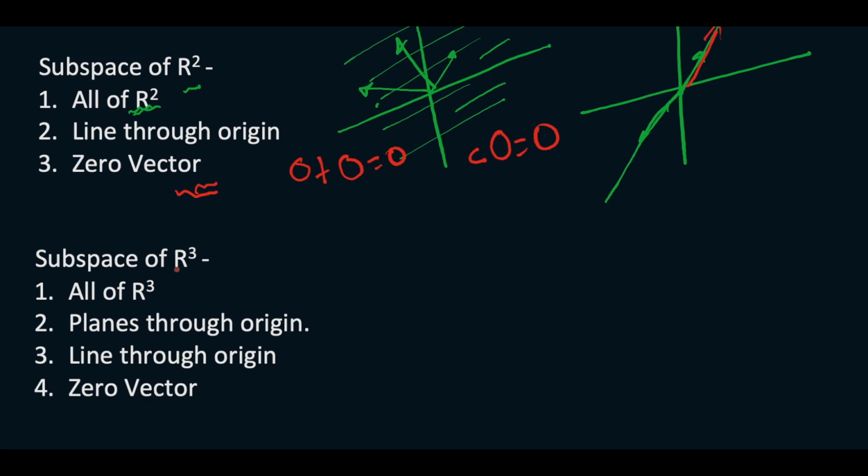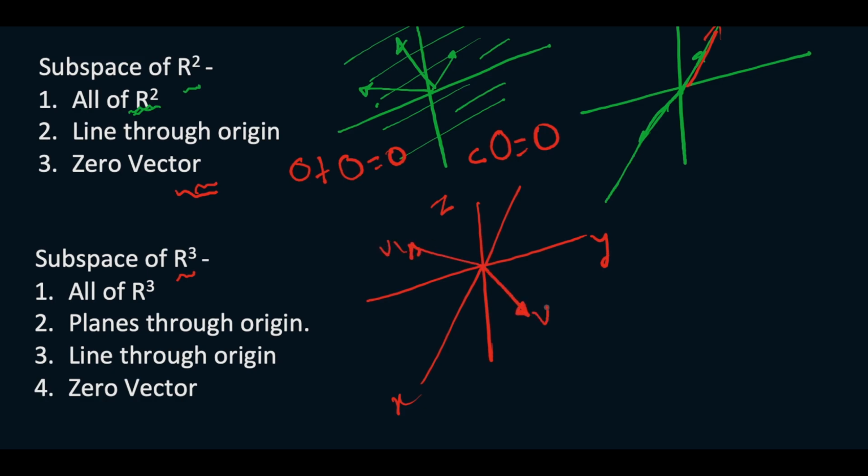Now let us see subspaces of R3. It is the x, y, z space. So when you take any vector v1 and another vector v2, the combination of these will be some other vector v3. If your subspace is the whole space, this is our v1, this is our v2. Now when your subspace is the whole space R3, then your combinations will also remain in R3. Hence it is a subspace.